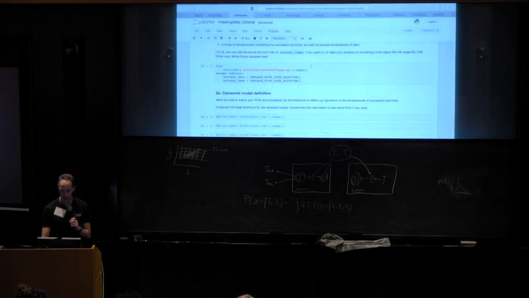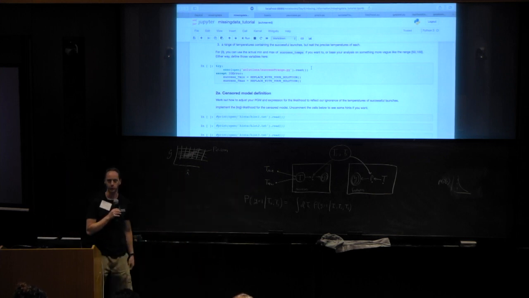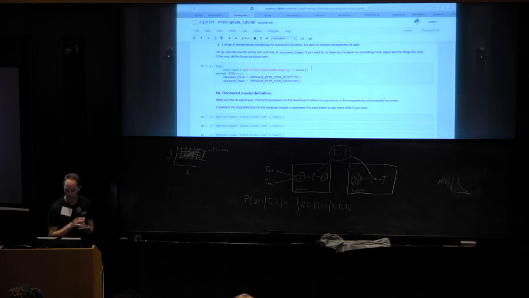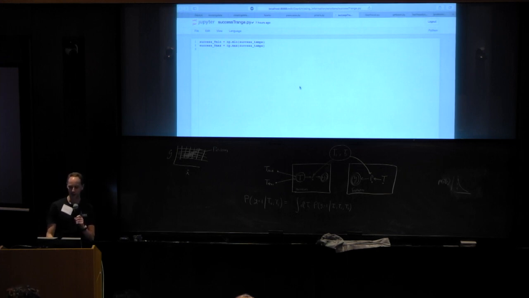What else? For the range of temperatures, Tmin and Tmax, I just chose the minimum and maximum temperature that were in the original data set, which is very silly. Oh, okay, so I guess I really shouldn't have done that because I'm not supposed to know what these things are, but I'm imagining somebody just told me, sorry, we lost the data, but I remember they were between 54 and 81 or whatever it was. It doesn't matter too much what you choose for this. I guess it would matter if it was actually smaller than the correct range, but beyond that, it doesn't necessarily.